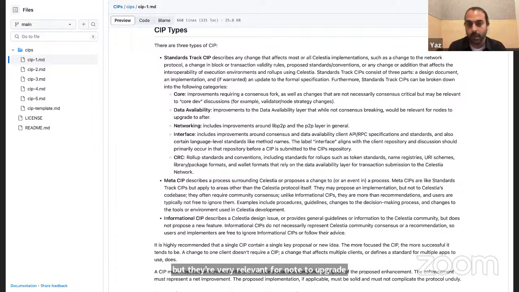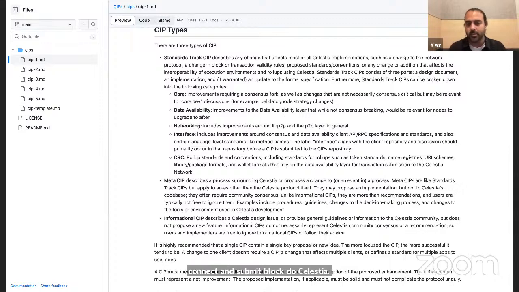We also have a networking track for libp2p and the peer-to-peer layer, and an interface track, which would be very helpful if you're coming as a rollup and you want to align with other rollups and with the Celestia node and Eiger team, who are representing the DA side, on a basic specification for the API RPC standards that allow you to interface, directly connect and submit blocks to Celestia.